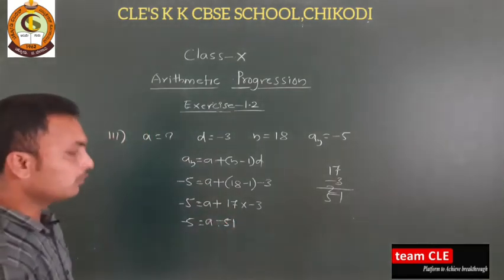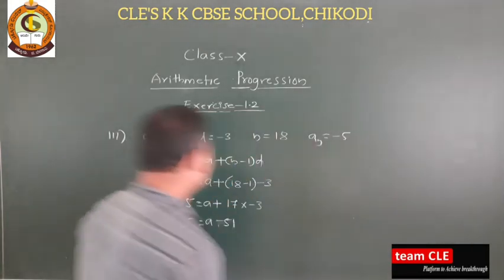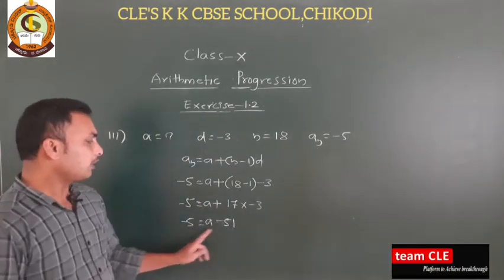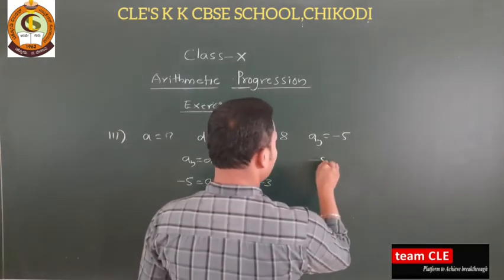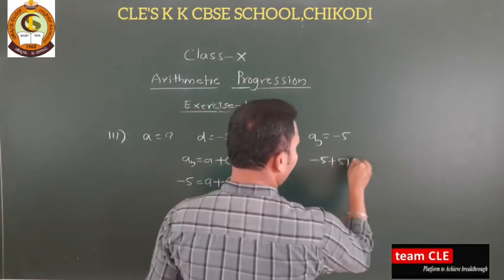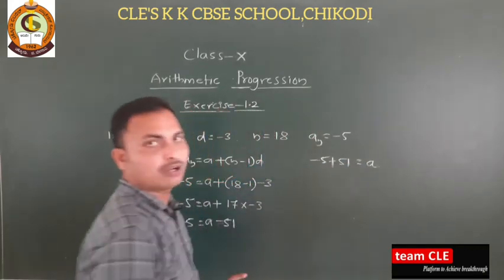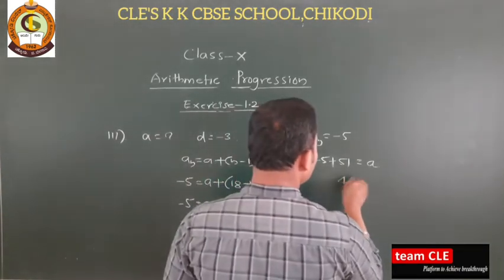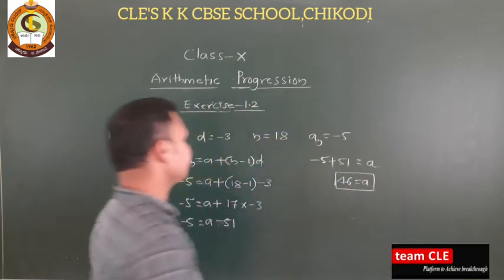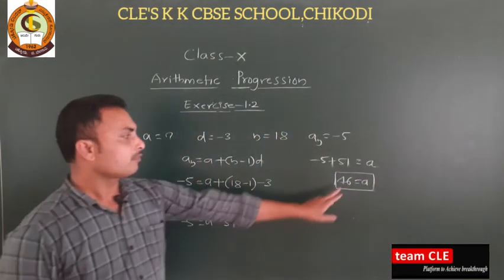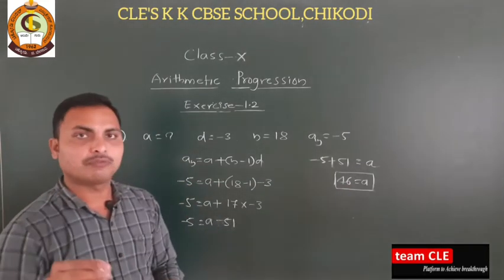Now once you got these things, see this you can transfer to this side. Again what will happen, minus 5 is as it is, now plus 51, this is what a. Now we need a, so plus 51 minus 5, how much will we get here, 46. A is equal to 46. So I hope you understood this problem very well. Next